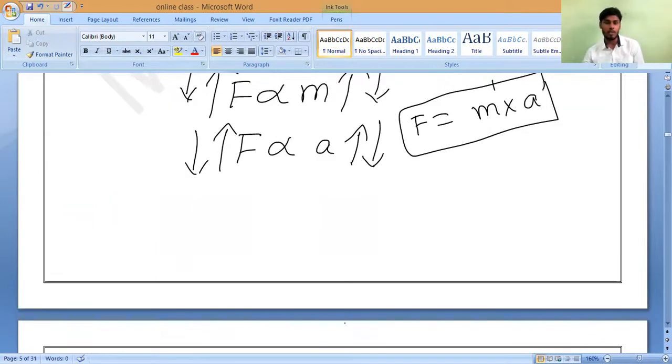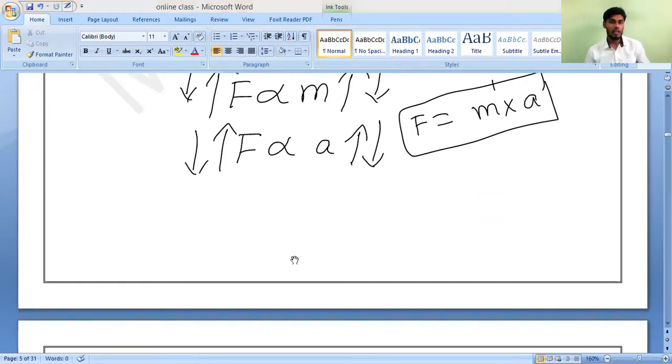So this is what we call Newton's second law of motion. What is that? Force is equal to mass into acceleration. Is it yes or no? Yes, sir. So F is equal to ma. So from Newton's second